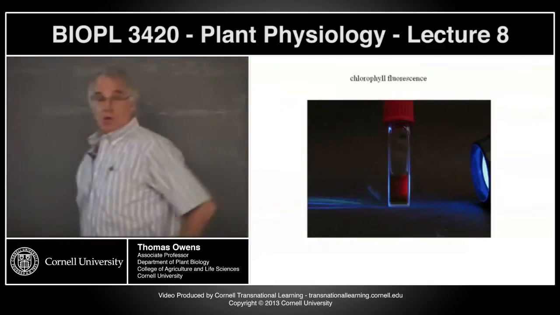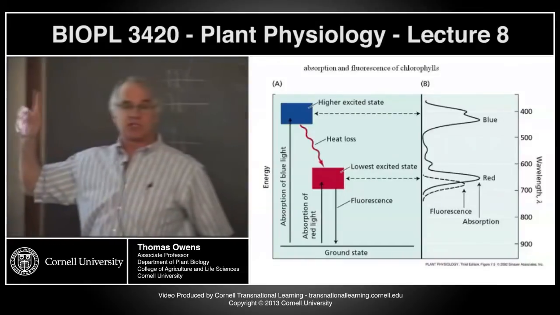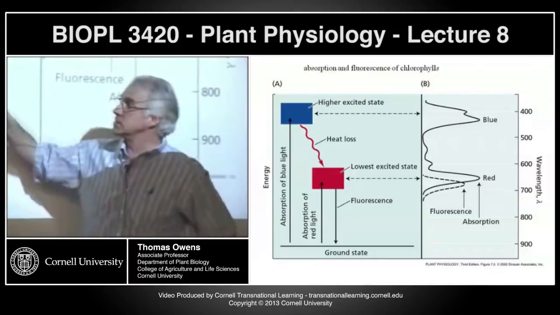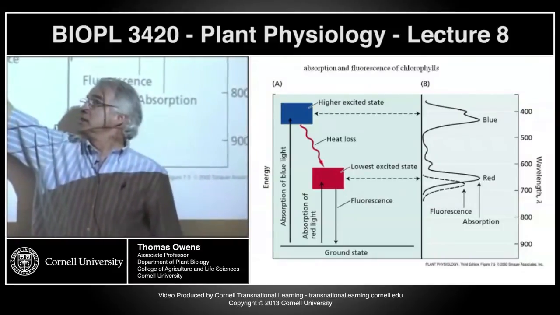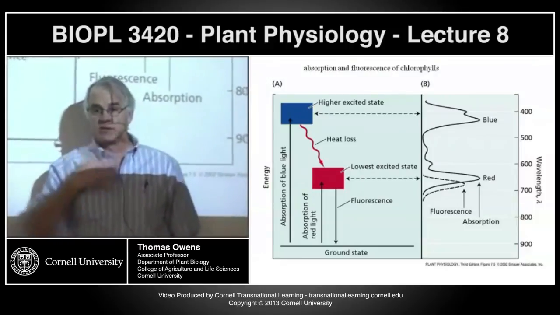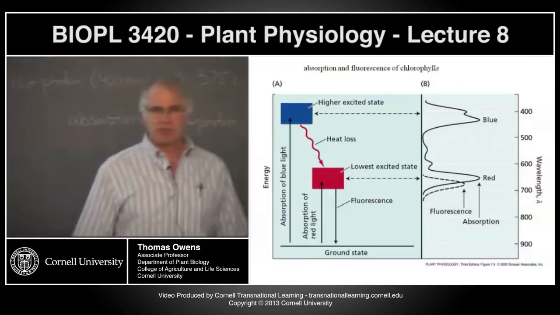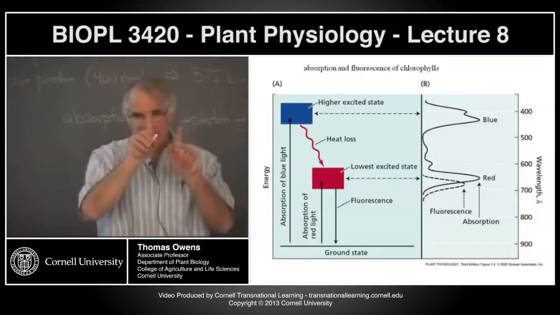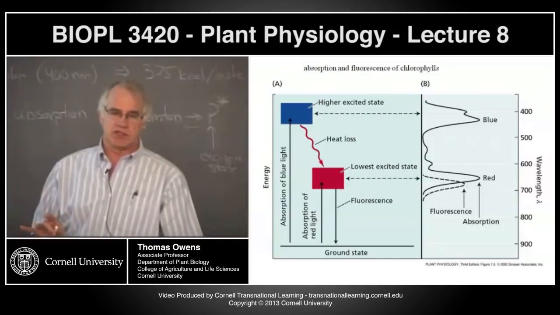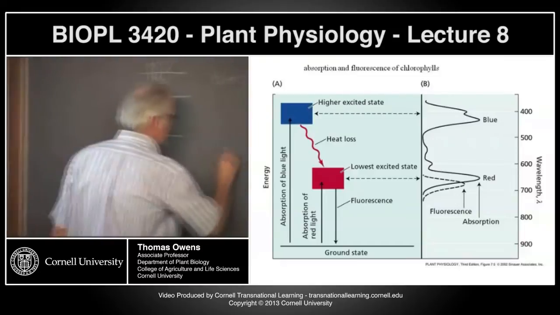Okay, one more thing we need to think about. It's not on this diagram, but it's extremely important. It'll come up several times when we talk about photosynthesis. Another way this excited state can decay is through what's called a triplet state. So if you remember from chemistry, triplet states are where the electrons are not anti-parallel, but they're paired. It's not important that you understand that. But chlorophyll triplet states